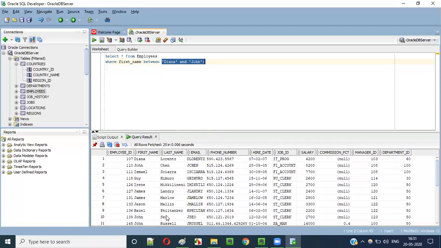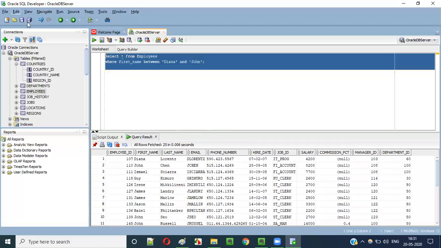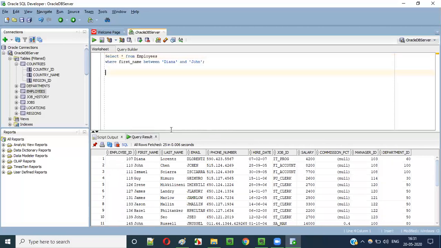So starting from Diana to John. But here this first name is kind of ordered in random order. So if you get this list of all the records according to the ascending order of the first name, you can see whether this particular query is really working or not, right?